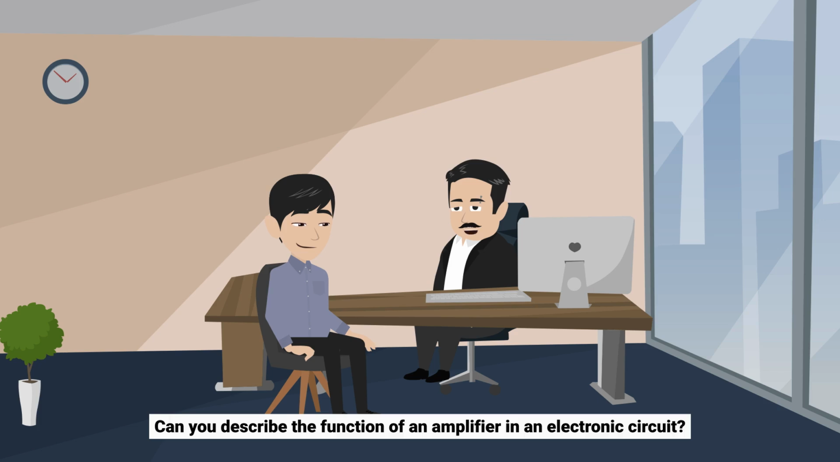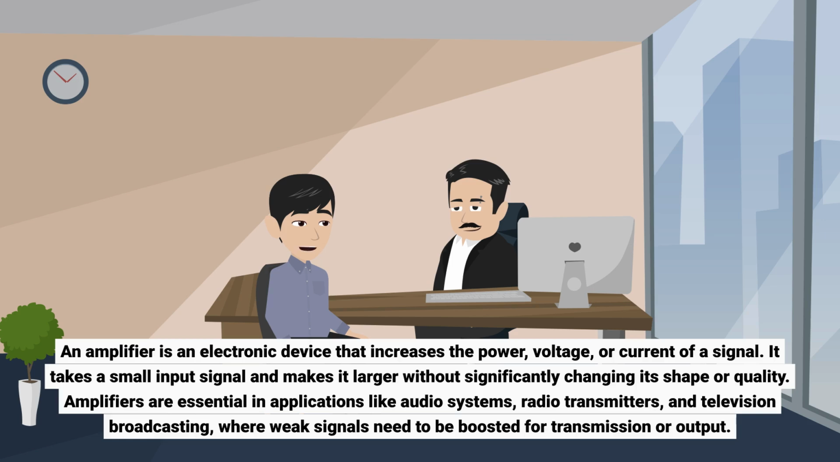Can you describe the function of an amplifier in an electronic circuit? An amplifier is an electronic device that increases the power, voltage, or current of a signal. It takes a small input signal and makes it larger without significantly changing its shape or quality. Amplifiers are essential in applications like audio systems, radio transmitters, and television broadcasting, where weak signals need to be boosted